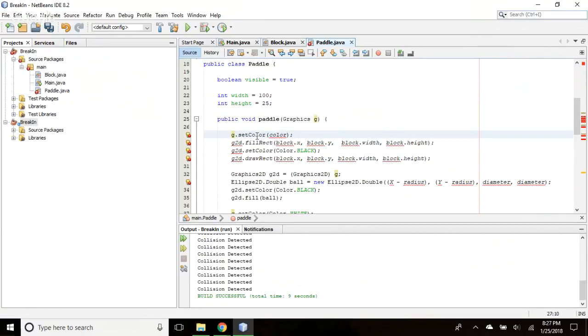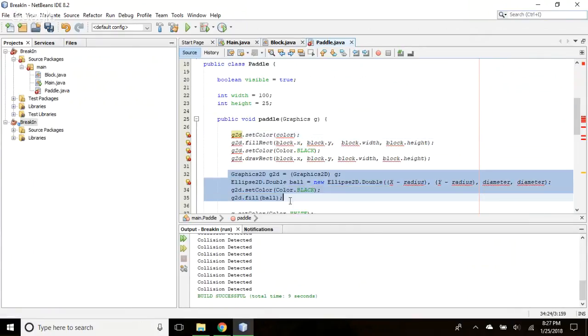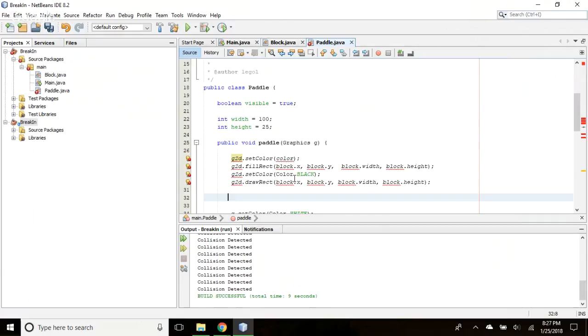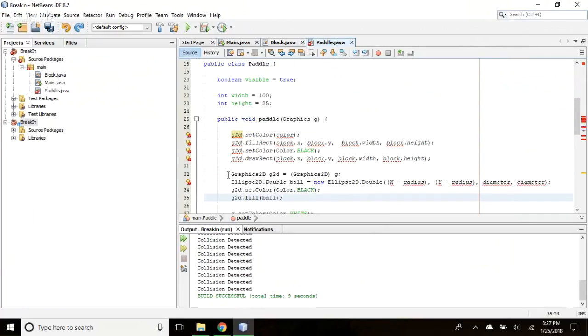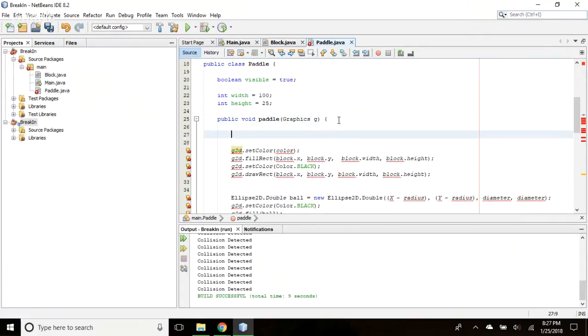Oh, actually, I'm sorry. We do use it. So undo that, Control Z. Take that graphics 2D reference on line 32 and move it up above it, because it has to be declared beforehand. Just that line. Yeah, there you go. And move that one above. Enter. Yep, exactly. And now G2D will be defined at that time.